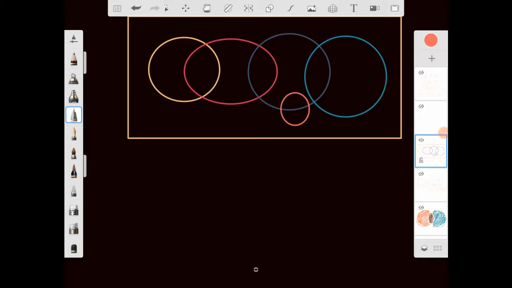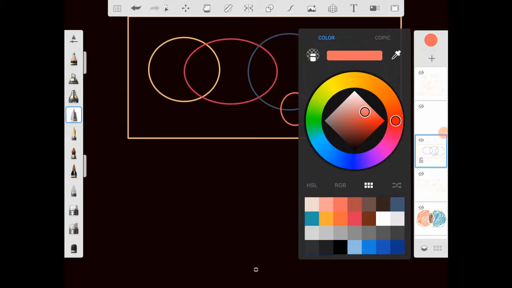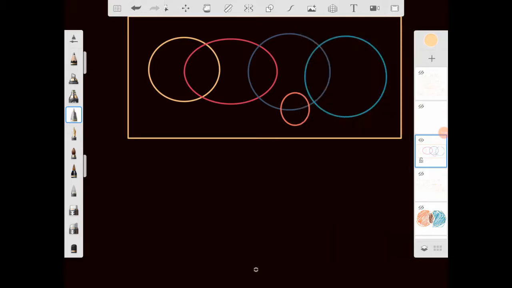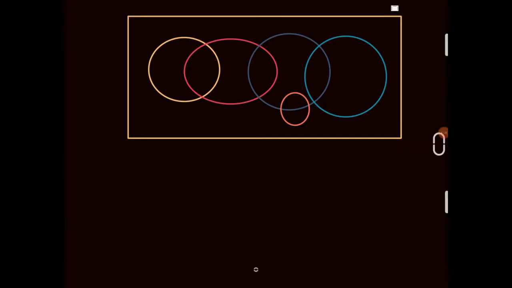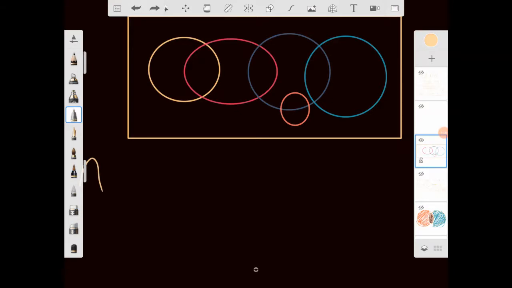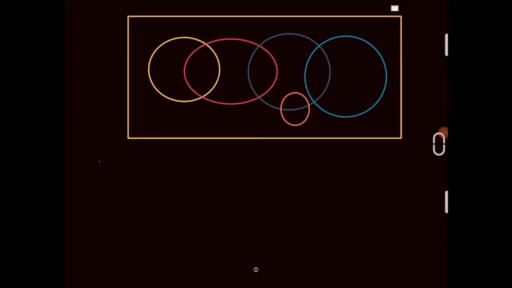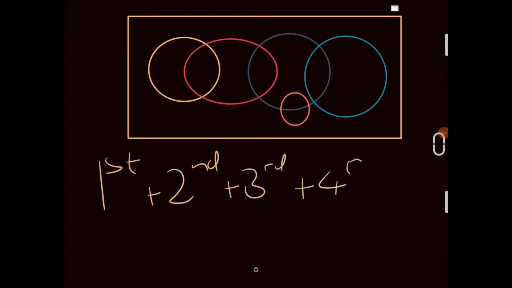That is, the first set plus the second set plus the third set plus the fourth set plus the fifth set,